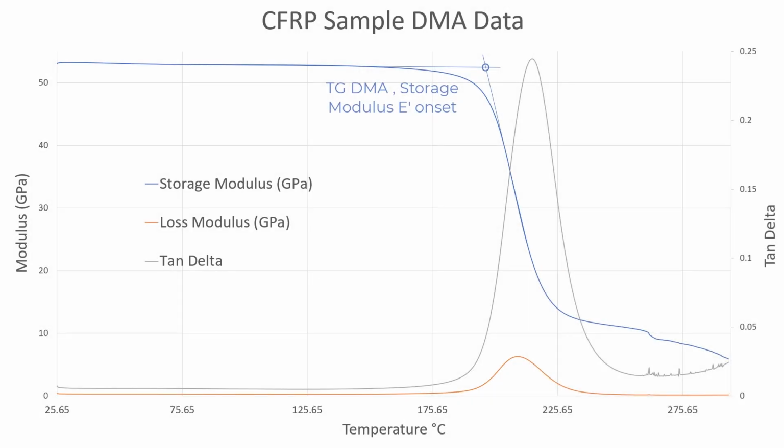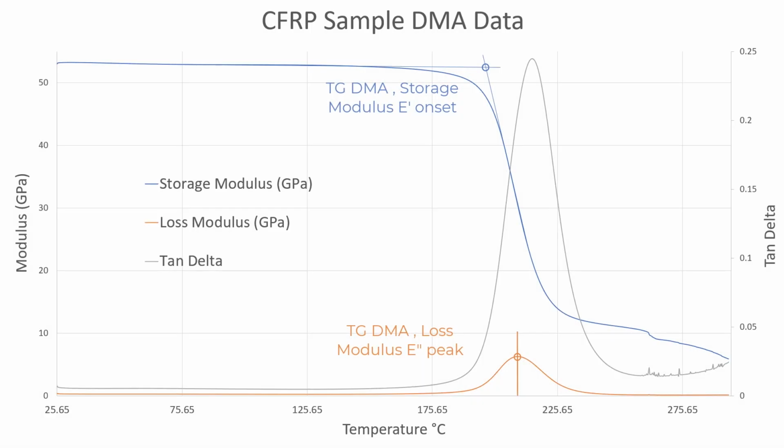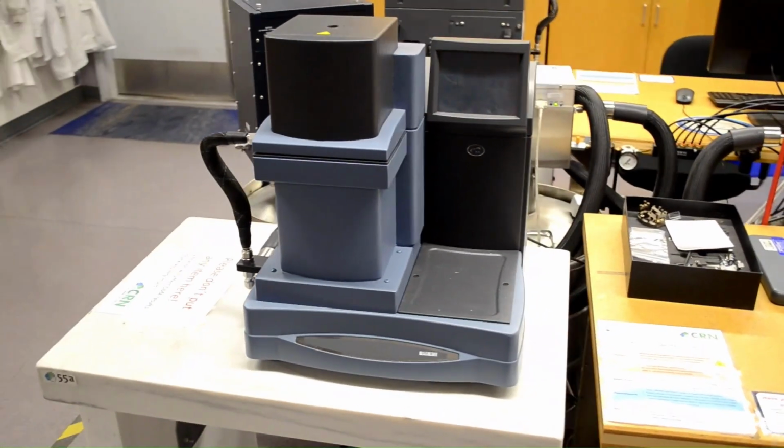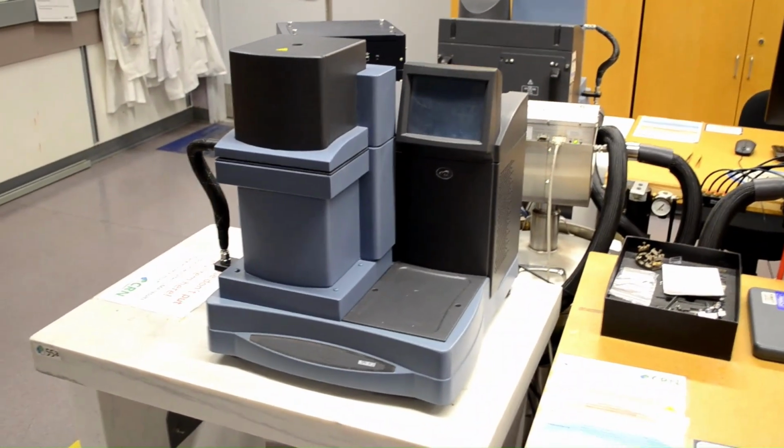The loss modulus will begin to rise and then typically drops. The peak value can also be used to describe the Tg. The loss tangent will peak somewhere around this temperature as well, and this third event is also commonly used to describe the Tg. After performing our DMA run, we will obtain these values which can be used to determine the Tgs of our